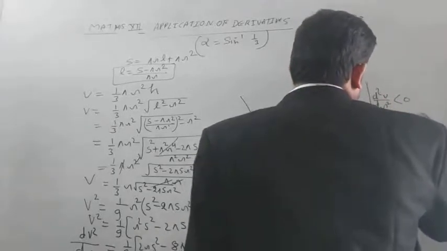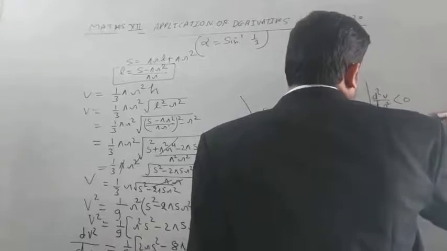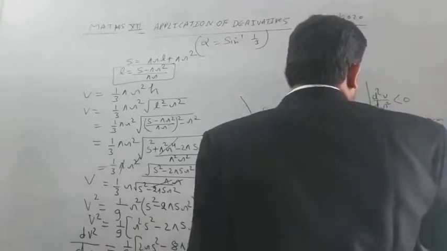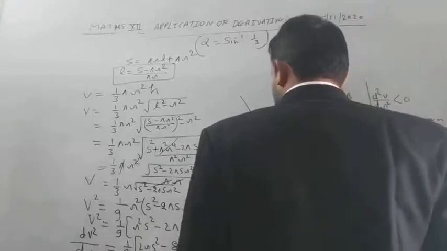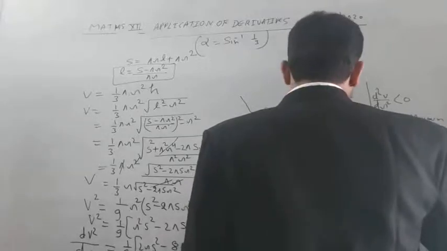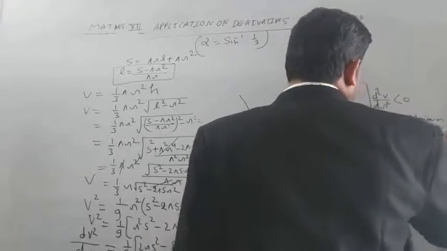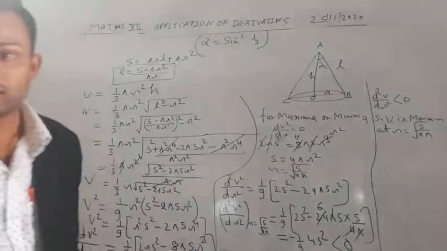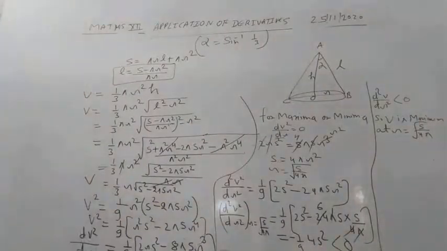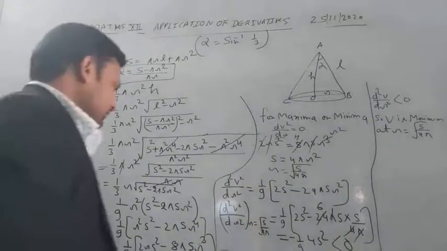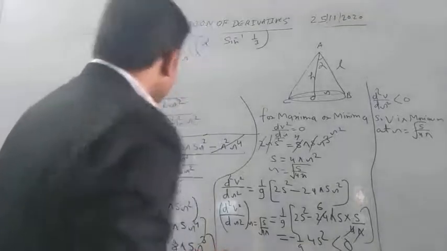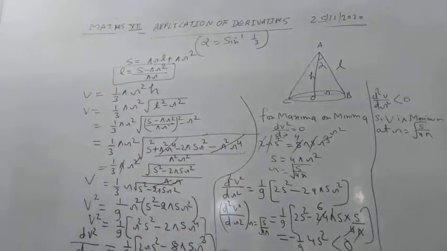So V is maximum at r equal to under root S by 4 pi. Okay, so V is maximum. Now what we have to prove is that